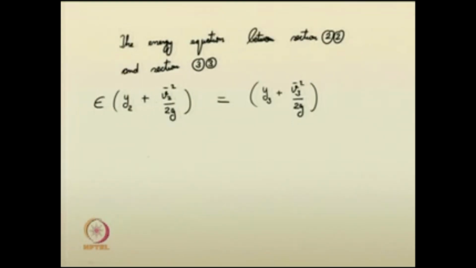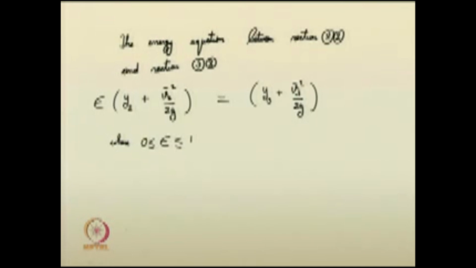So, it is obeying the same principles. Here epsilon, you can say, is between 0 and 1, 0 less than or equal to epsilon less than or equal to 1. If I write it in the following form, you can further simplify